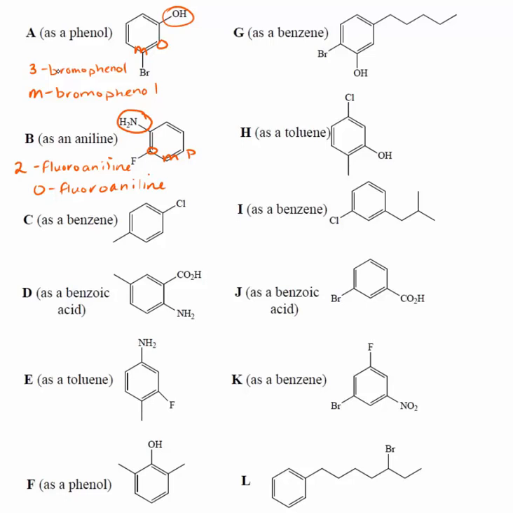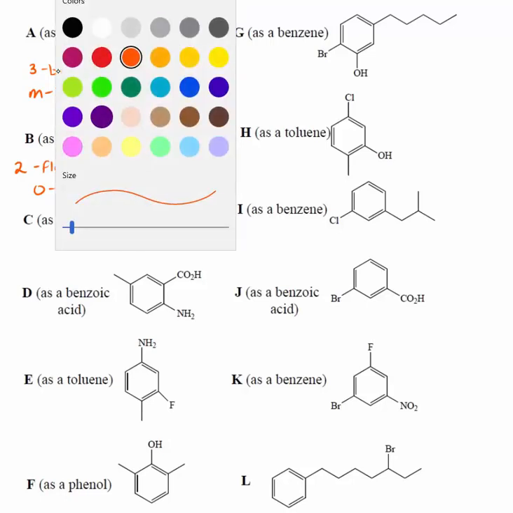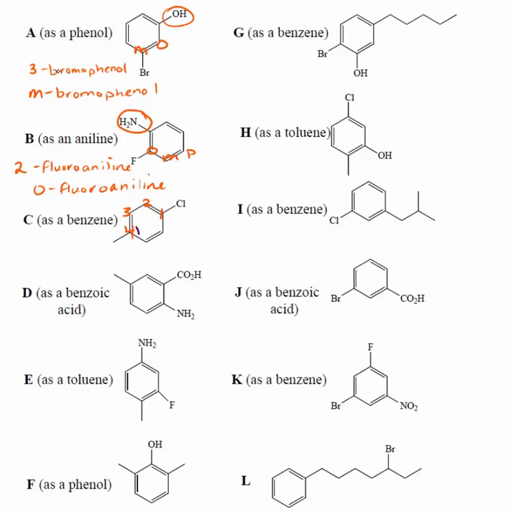C, as a benzene. If it's a benzene, then we're looking at chlorine and methyl as our substituents. Now I can number this way, or I'm going to change my colors just to show you a number on the inside, I can number this way. Either way, my substituents are at 1 and 4. Therefore, the convention is that in alphabetical order, because I have chloro and methyl, and C comes before M, then chloro is going to get the lower number. So this is 1 chloro, 4 methyl